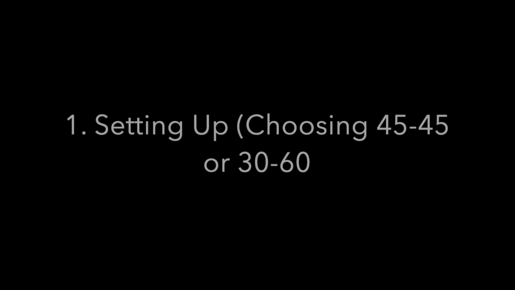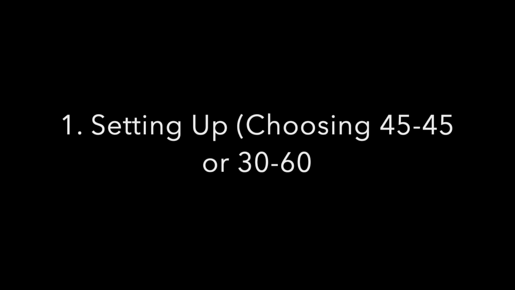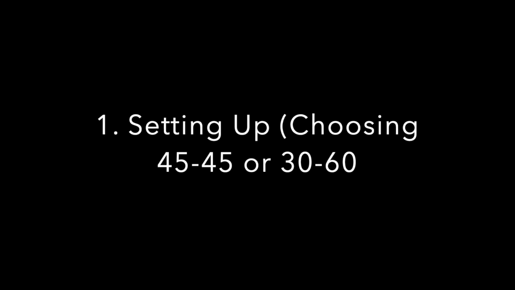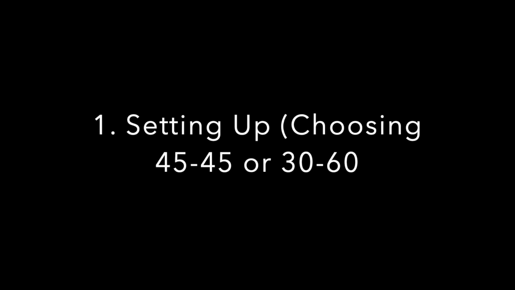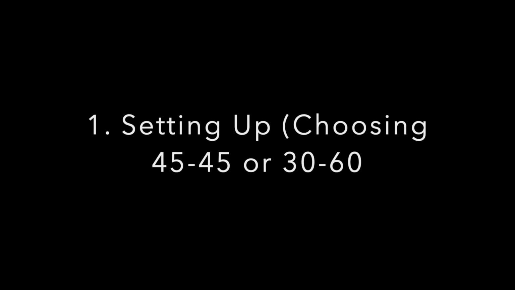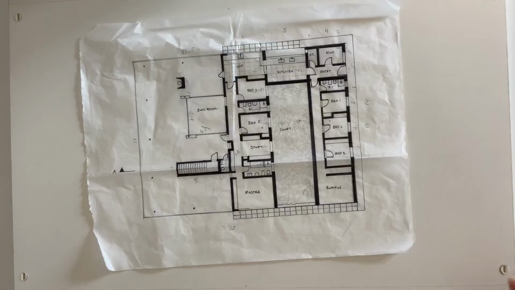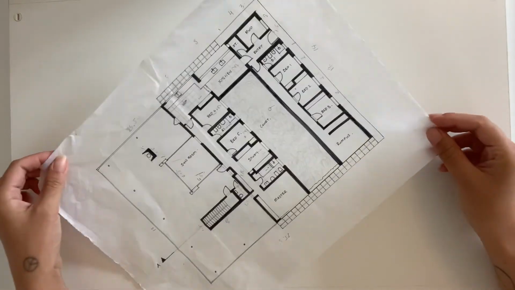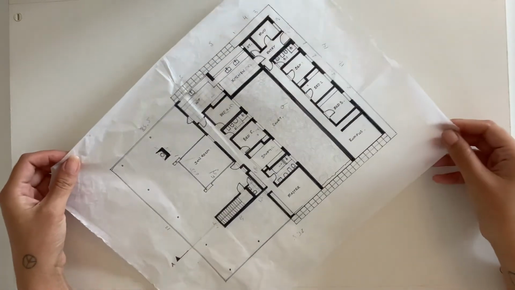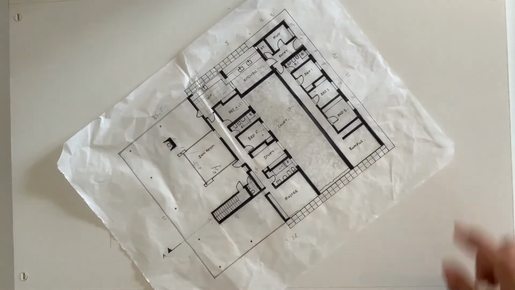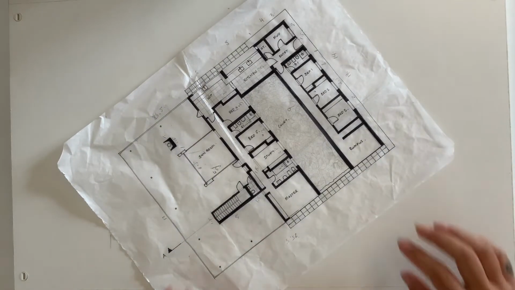This is the first step out of 7 steps that I'm going to demonstrate in this video. Step 1 is setting up and choosing your 45-45 or 30 by 60 or 60 by 30 drawing, and choosing something that will show the interior of your building in 3D. So to get started, you will look at different angles of your floor plan and see what's going to best show the interior spaces, furniture, or certain parts of the drawing that you think may be important to show in